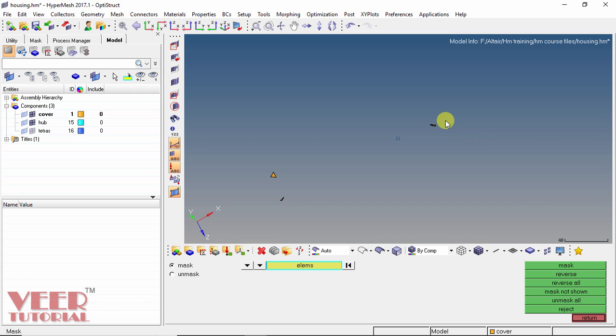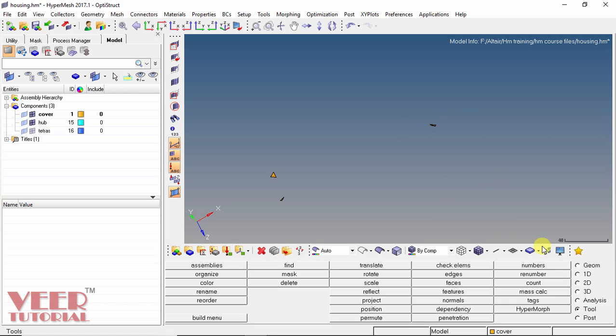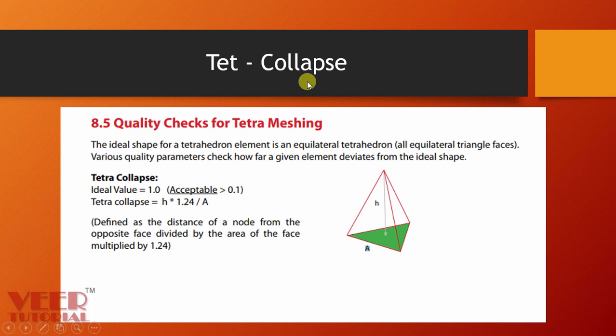So now before improving the quality of this element, we need to understand what is a TAT collapse. So I click on this return and now we have the TAT collapse. In this TAT collapse, we have a tetrahedron element. In this element, we have a base triangle that is represented by this green color. H represents the height of this element.